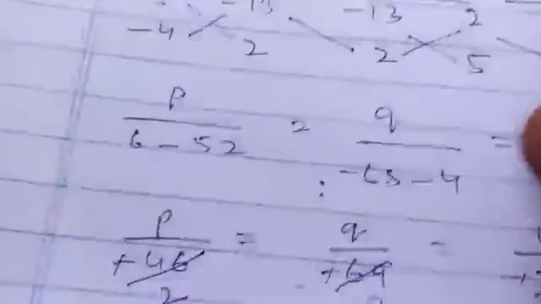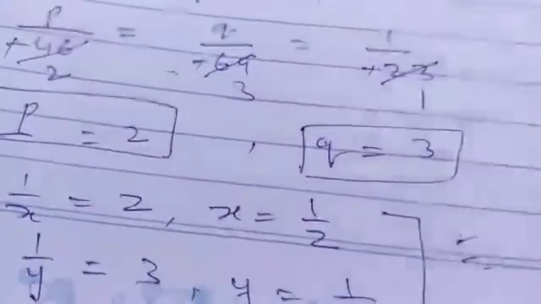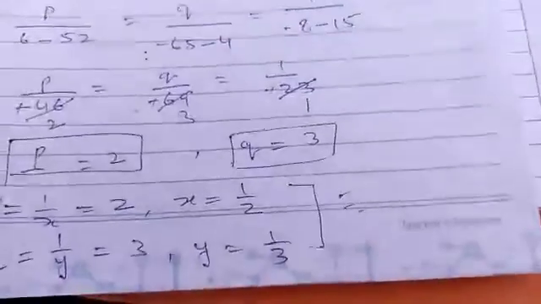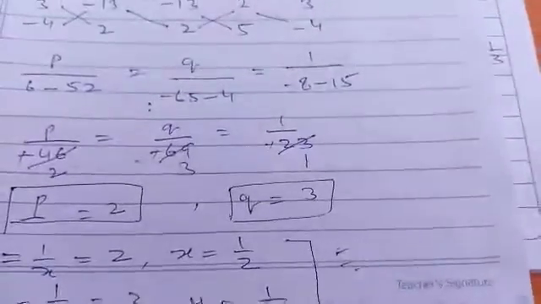So friends, today we have taken two methods: cross multiplication method and reducing equations to linear equations in the simplest form, and the method is complete. By these methods you can solve your equations and get the required values.